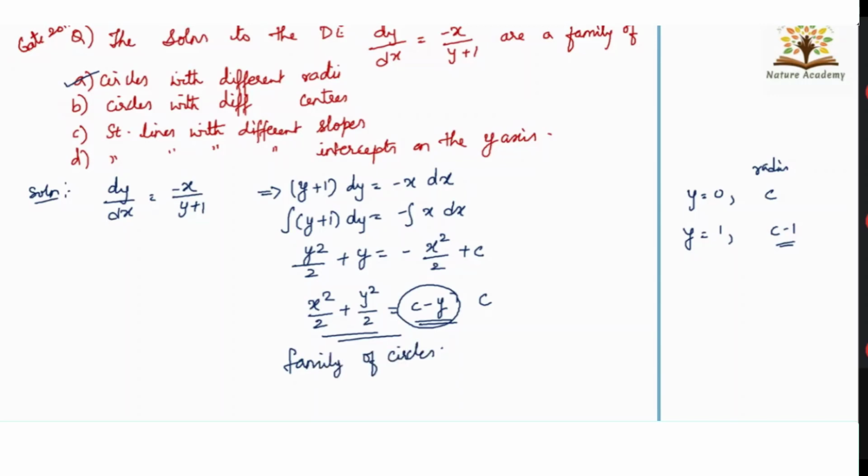Okay, so now I will give you one DIY. Find the family of the curve. It is a very simple thing. I am expecting answers from all the students. Find the family of the curve. The equation is dy by dx equal to y by x. So first thing, you do variable separable. Then you integrate both sides. Then you will directly get the equation of one curve. Tell me what is that equation that will represent the family of the curve.